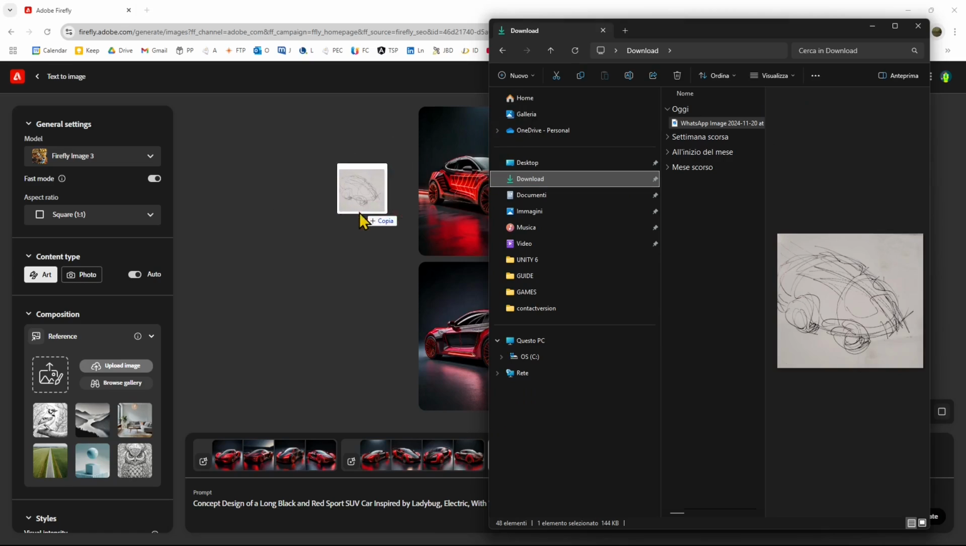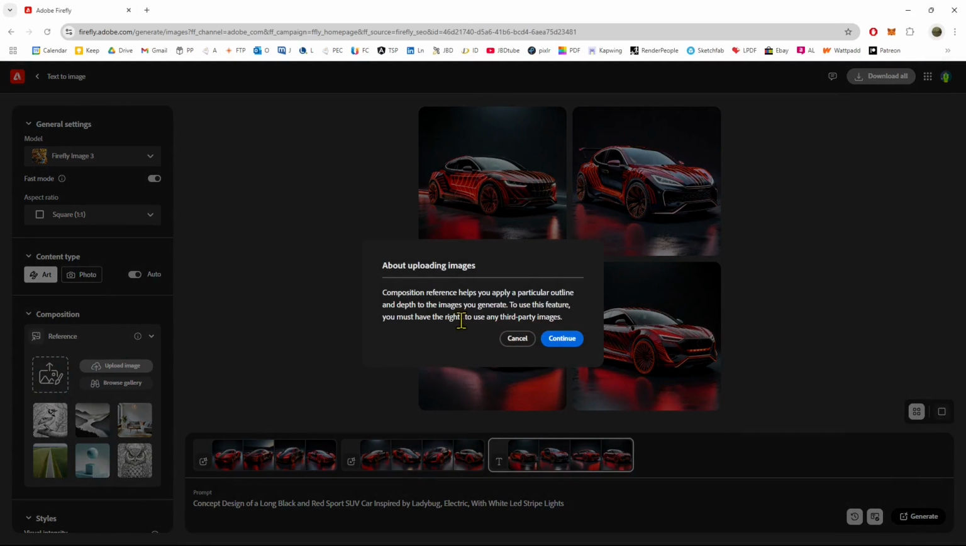Now, if we want to help the AI, we can just drag and drop from a folder on your computer. So I created this sketch right here really quick. It looks like a ladybug, I think, concept for a car. So I'm gonna drag it and drop it inside the reference section. So this is where you can help